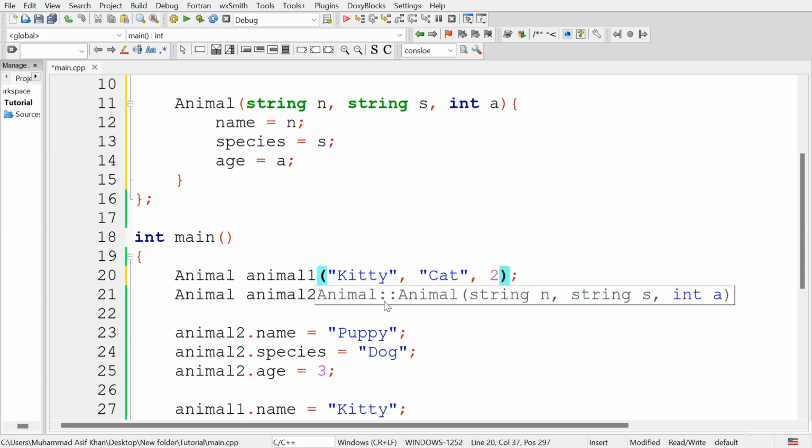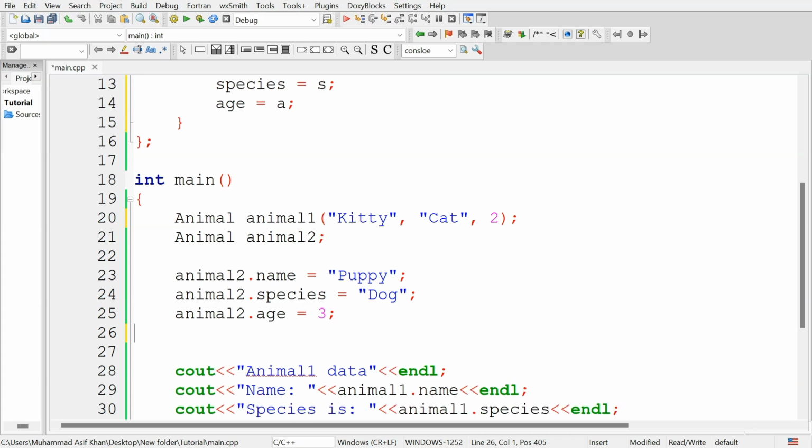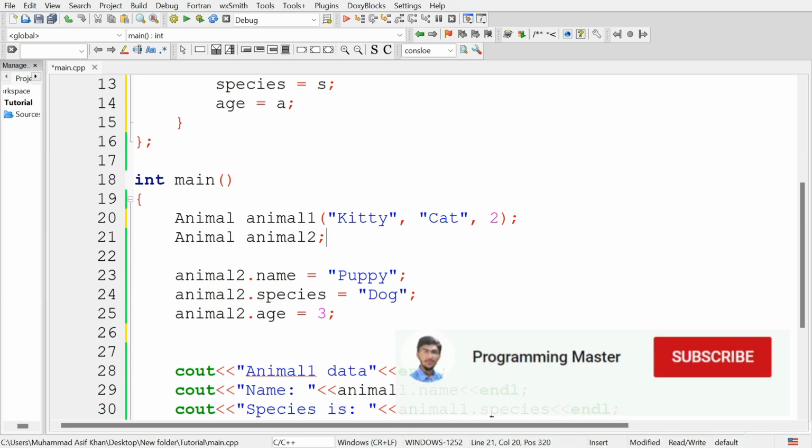2 years. Now if I remove this animal 1 dot name is equal to, animal 1 dot species is equal to, animal 1 dot age is equal to something, and I initialize this animal 1 using the constructor, this will work similar to manually setting the values, but it saves time and saves us from manually setting the values for attributes.